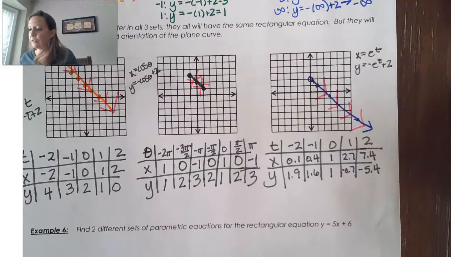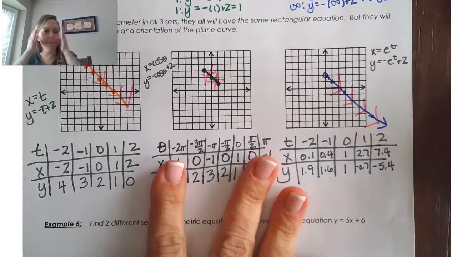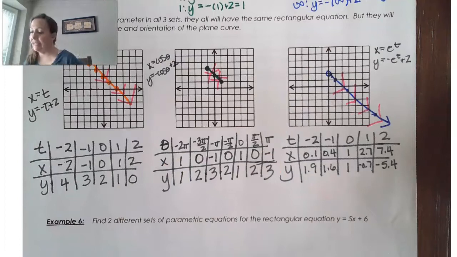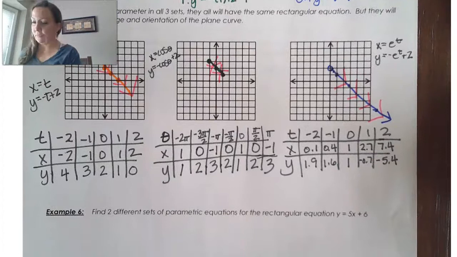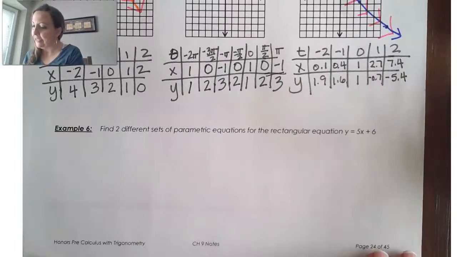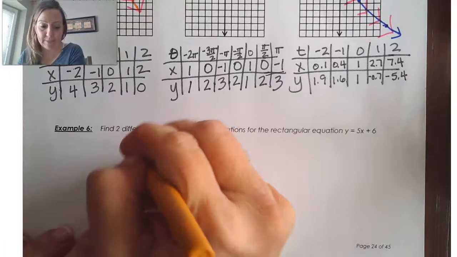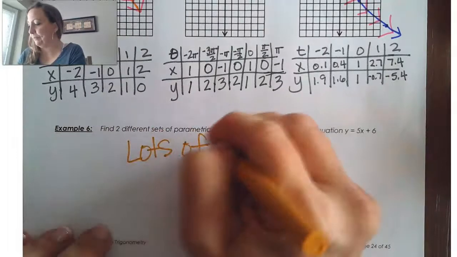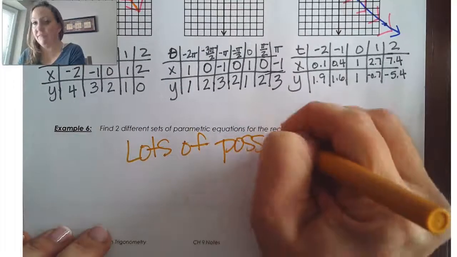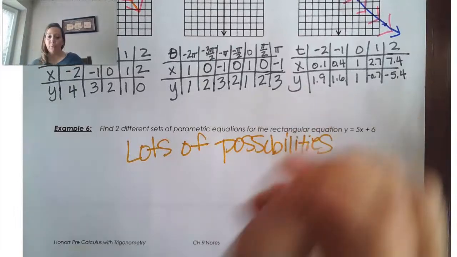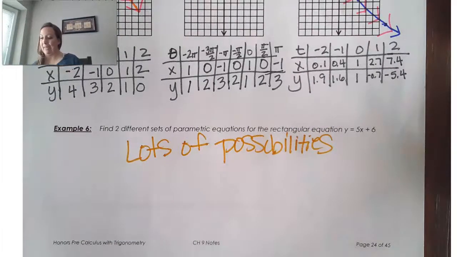Okay, so there's one problem like that in the homework on the assignment, I think one, maybe two. On the assignment sheet it says to reference this example. Okay. All right, so one other thing, we have example 6. It says find two different sets of parametric equations for the rectangular equation y equals 5x plus 6. For something like this, there are lots of possibilities that you could have, like an infinite number of possibilities. One real easy thing to do is just make